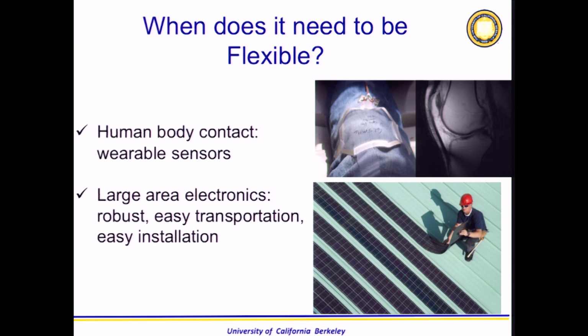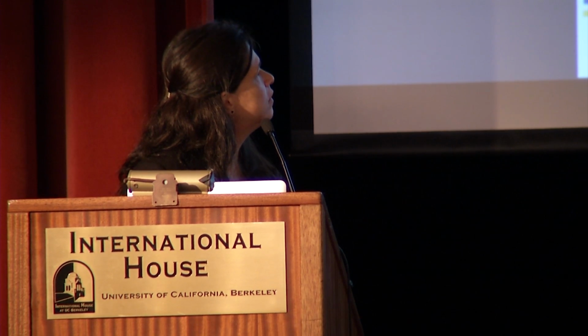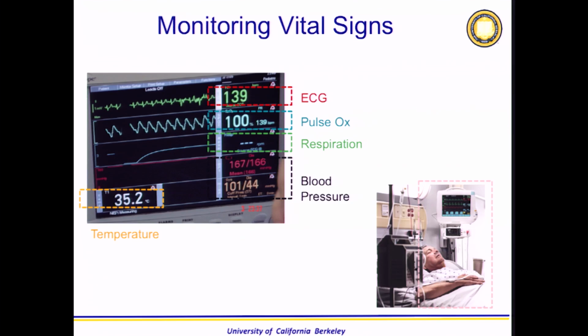So what are we doing in my group? We started off by saying, okay, one thing that everybody wants to do is to monitor health signs. When you go to the hospital, the first thing that they connect to you is a little blood oximeter that's going to measure your oxygenation. It's on your finger. It has LEDs and one photodiode, and then it's connected to a bunch of machines that are measuring and processing that data, extracting the data, and processing it in a way that it can be meaningful information about you.